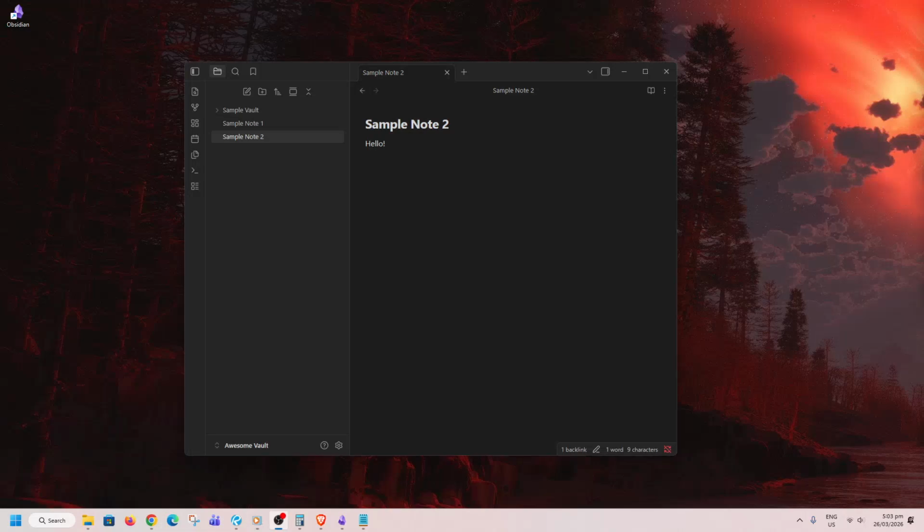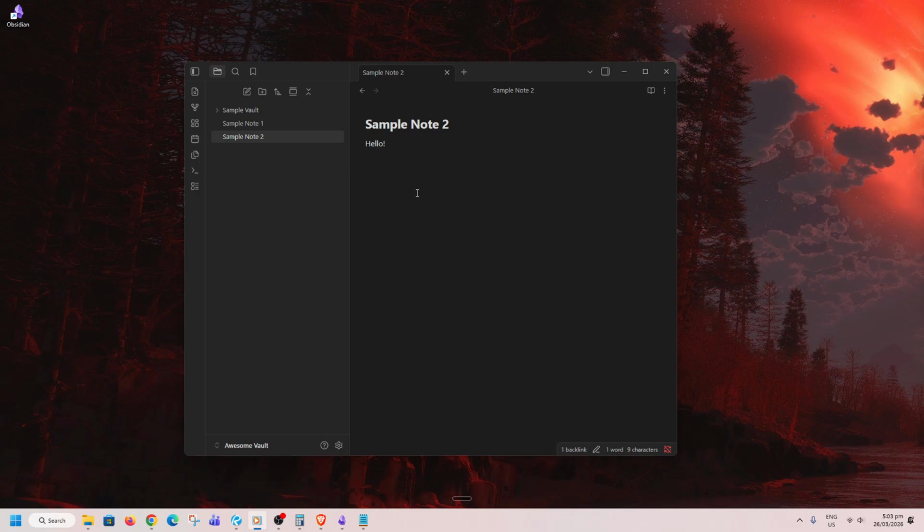In today's video, I'm going to teach you how to use a code block in Obsidian. Obsidian is a powerful note-taking app that's particularly beloved by developers and technical writers for its ability to handle code snippets and integrate seamlessly with Markdown. Let's dive right in and explore how you can insert a code block into your notes to make your workflow